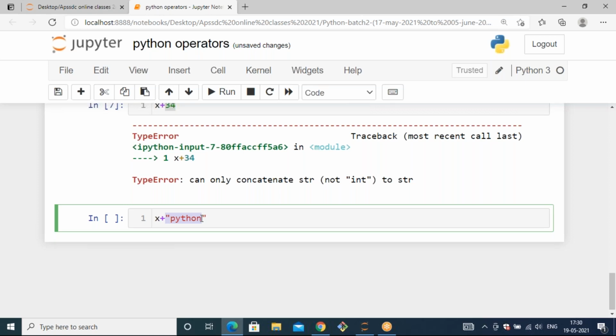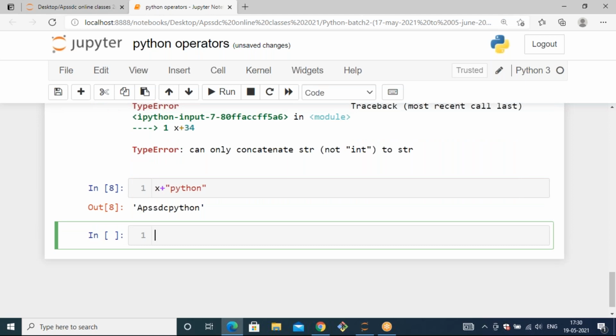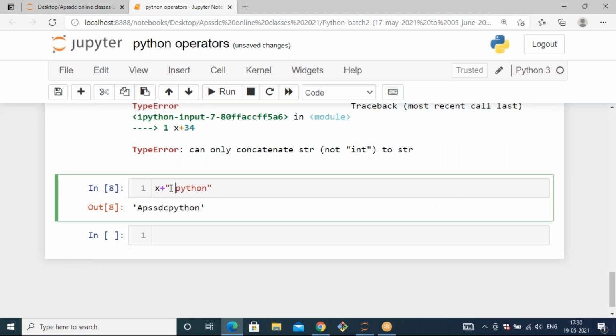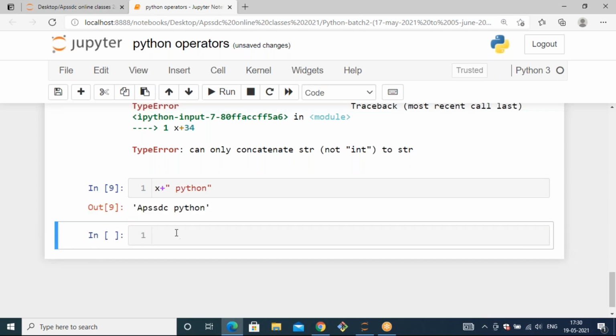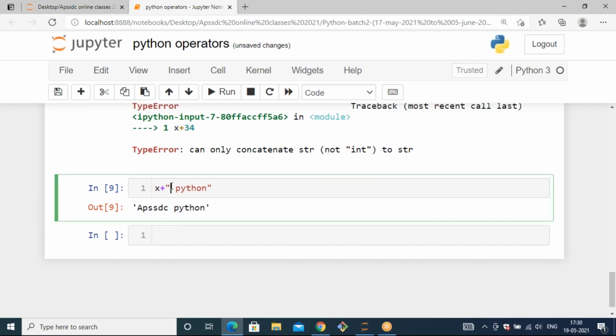That's why it works fine and we get the output with concatenation, APSDC along with Python. If you want to add a space, you can add it by passing a space in the string itself. Now you will get the space also, because we are concatenating Python with a space at the start.